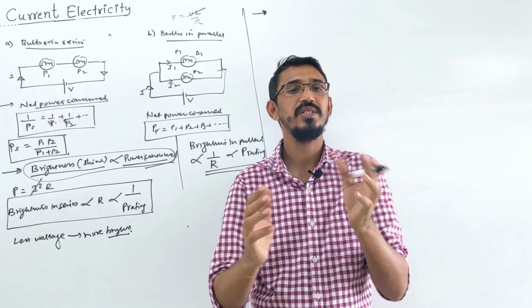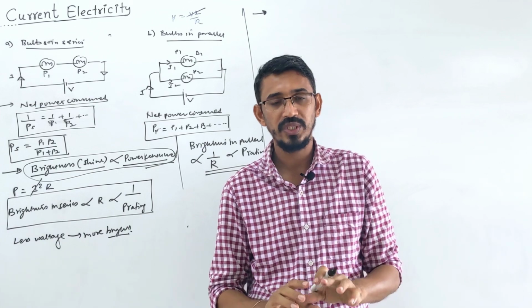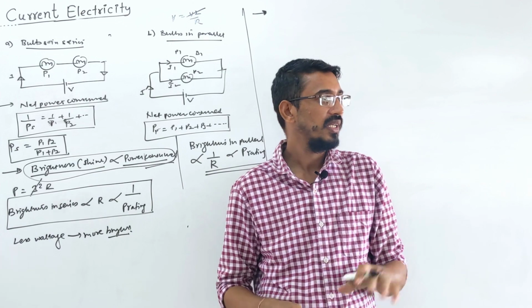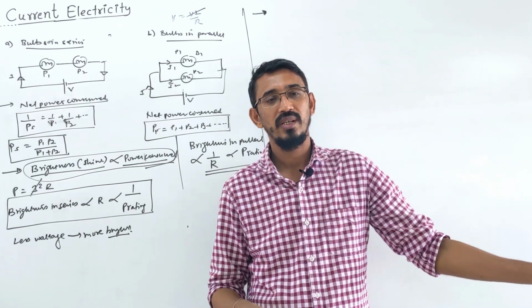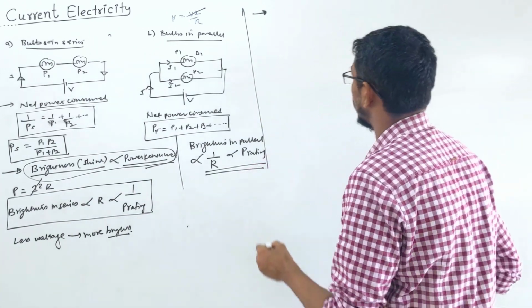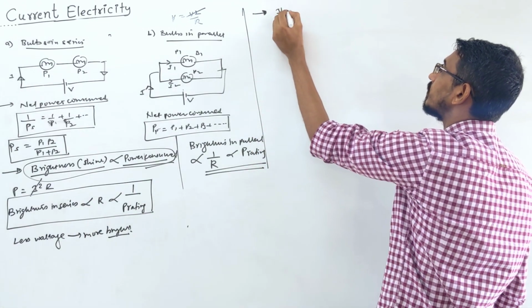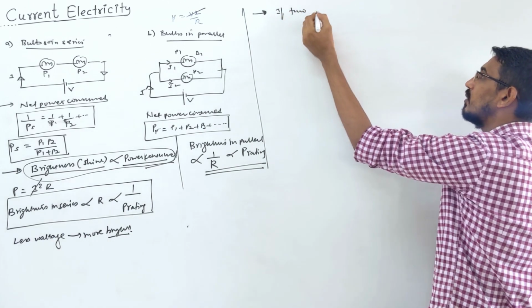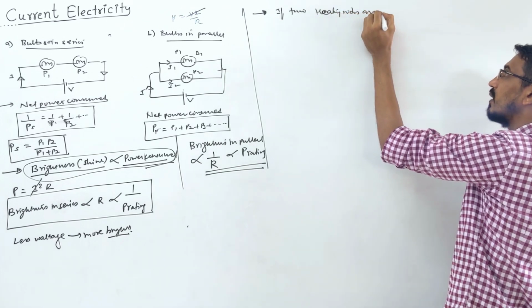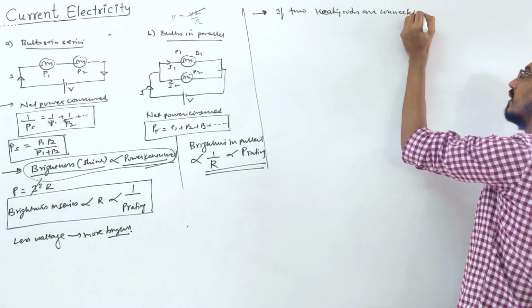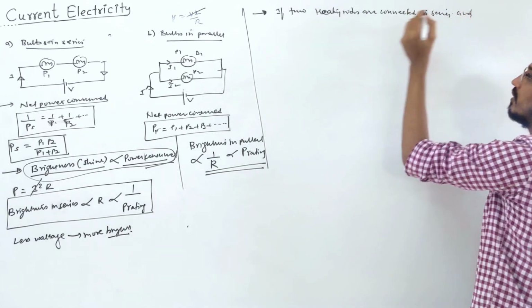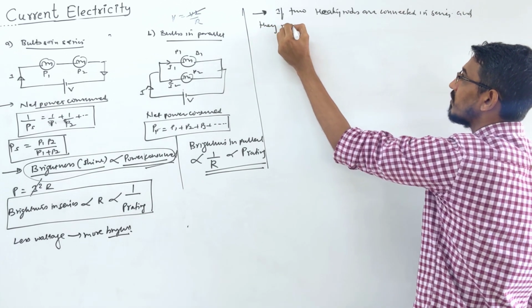Yes. Then what is the relation between these two? Okay, that you have to remember, because generally any one combination will be given to you, like two resistors are connected in series, in 10 minutes they are producing this much heat. Then how much heat will they produce when they are connected in parallel for the given time? So let me write a few words also. If two heating rods, let's call them resistance heating rods, are connected in series and they produce what?